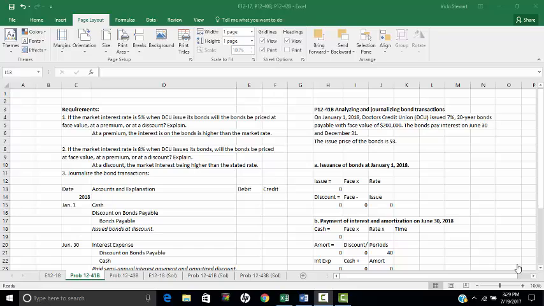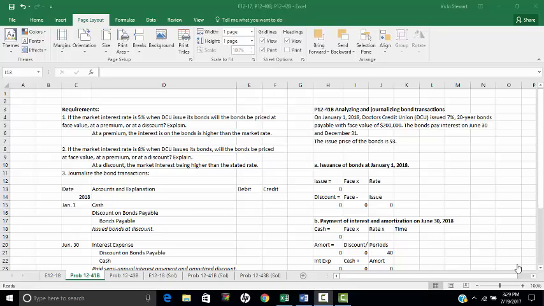The first requirement states: if the market interest rate is 5% when Doctors Credit Union issues its bonds, will the bonds be priced at face value, at a premium, or at a discount? These bonds would be issued at a premium because the interest rate on the bonds is higher than the market